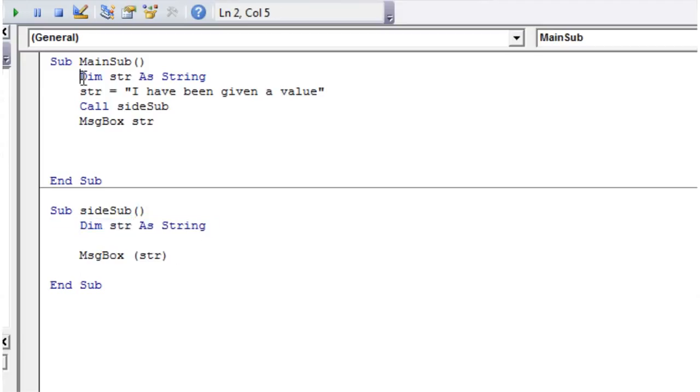This string only has scope in this sub. So they're essentially two different strings. We might as well have called them different names, because within memory they're stored in separate places, as they've both got different scope. Because we haven't given it a value in here, it's just coming through as a blank in the message box. So if we put this string equal to something now, say I have been given a value